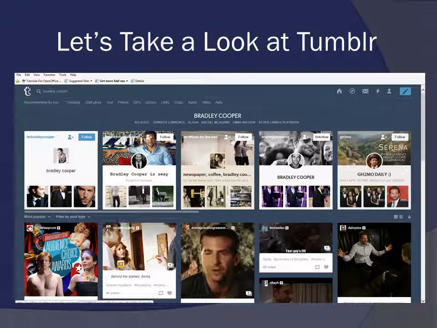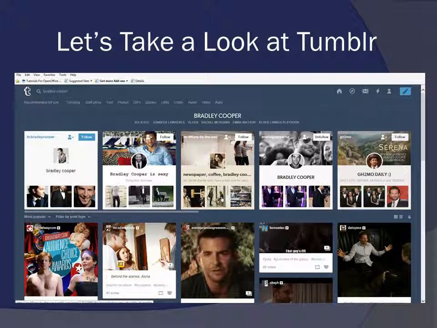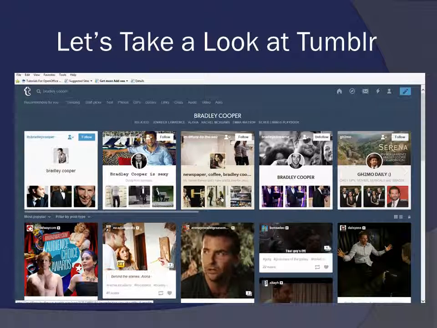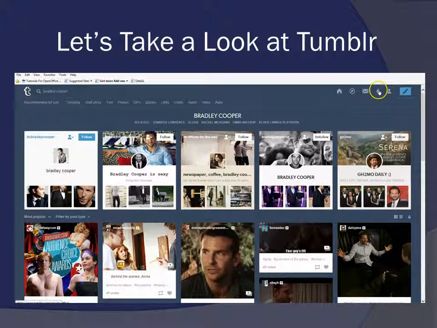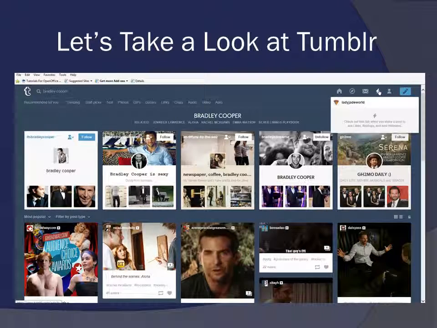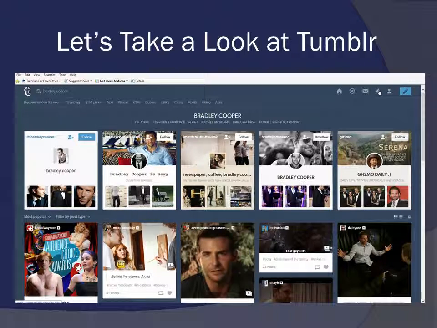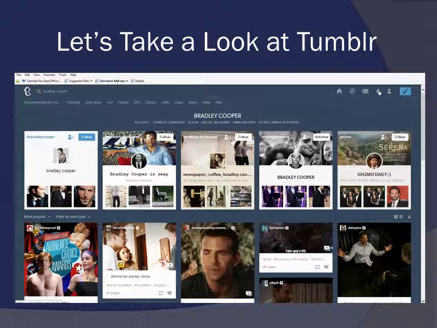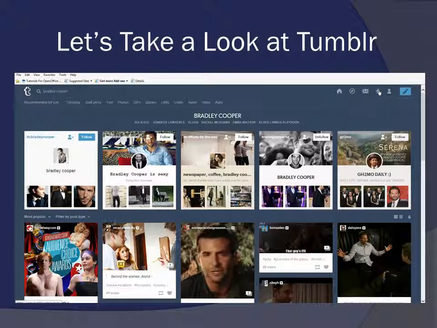So this is all about Tumblr and how to get yourself into Tumblr and how to create an account and what it does and so forth and so on. Hopefully you've got some time that you can go in and just kind of play around with Tumblr. It is an app that you can download onto your digital devices. So just take advantage of learning some of these social media sites. That's the whole point.